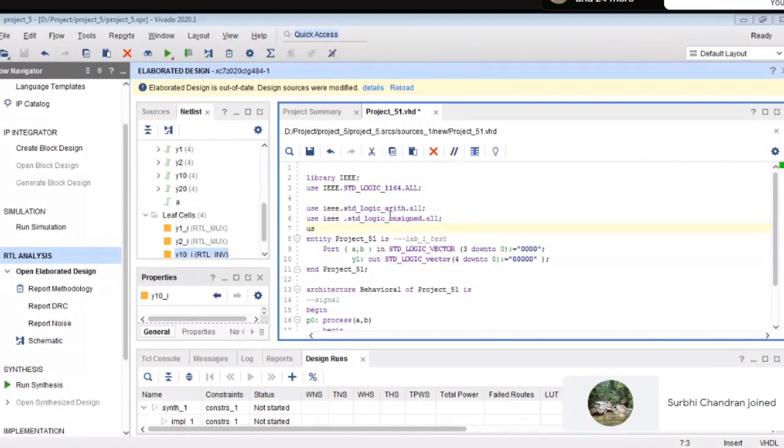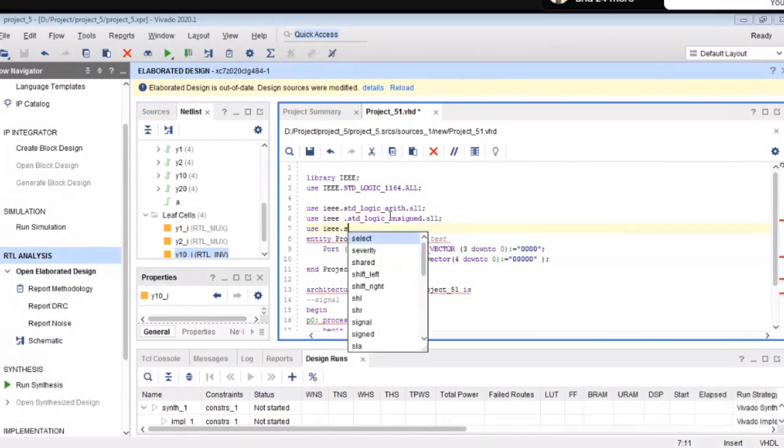When you type there, use IEEE.std. See there, the large library files: std_logic_1164, std_logic_arith, misc, signed, textio, unsigned, std_logic_vector, std_ulogic, right?